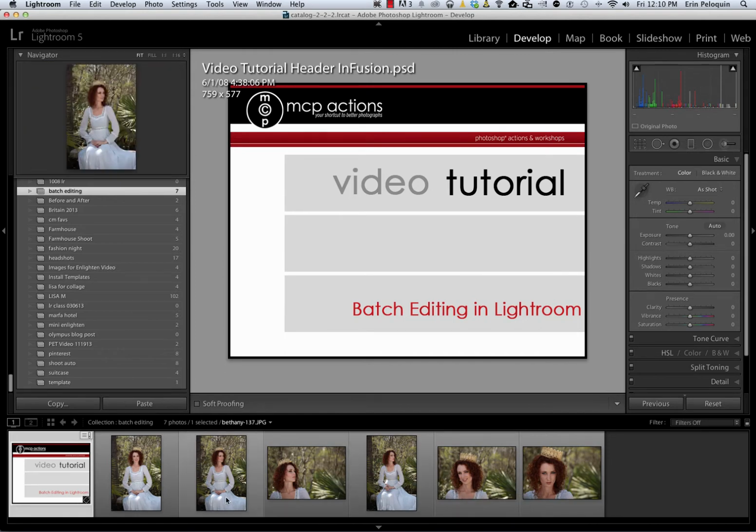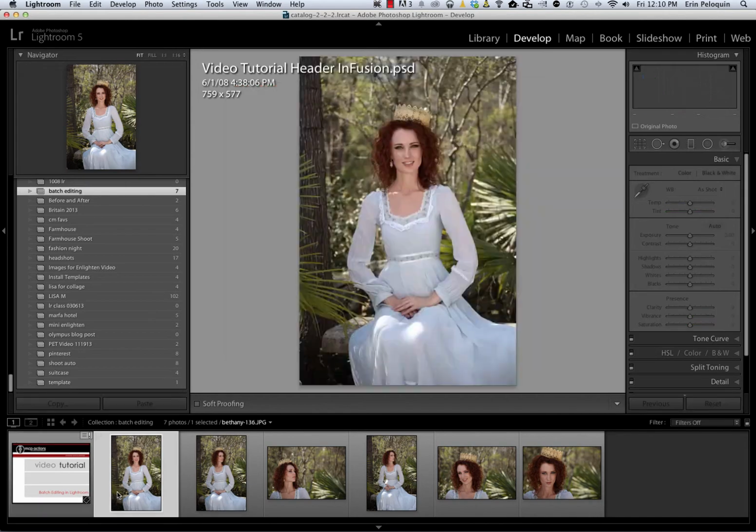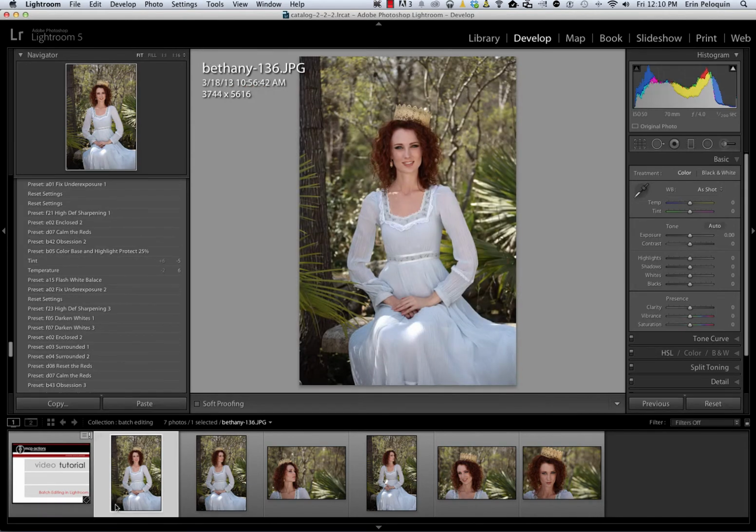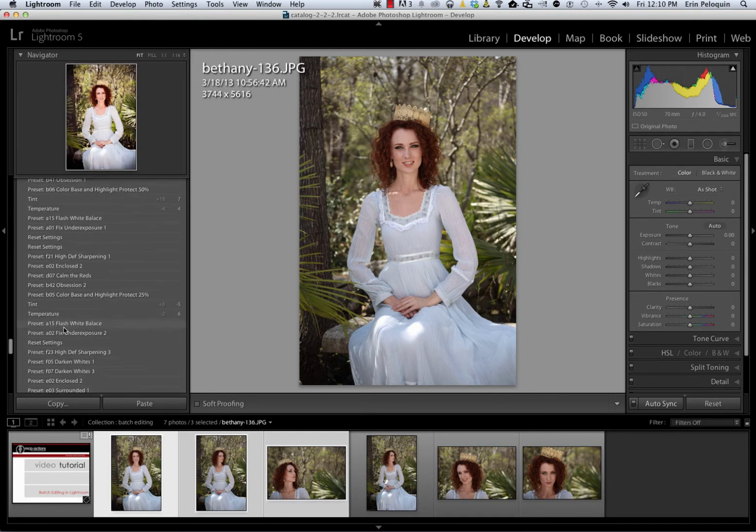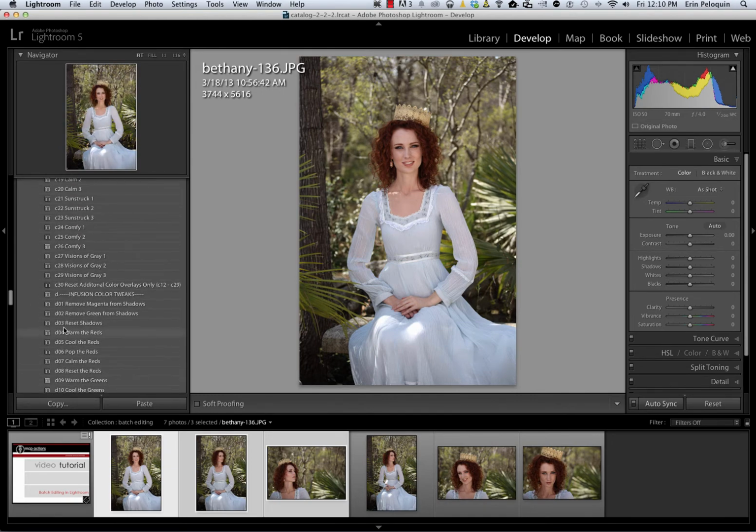The first one is to edit a group of photos together. So to do that, I'm going to click on the first photo that I want to edit, and then I'm going to hold down my Shift button and click on the last button. You can see that I now have 3 photos selected at the bottom of the film strip here in my